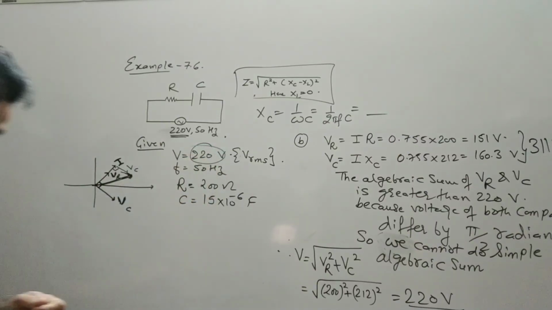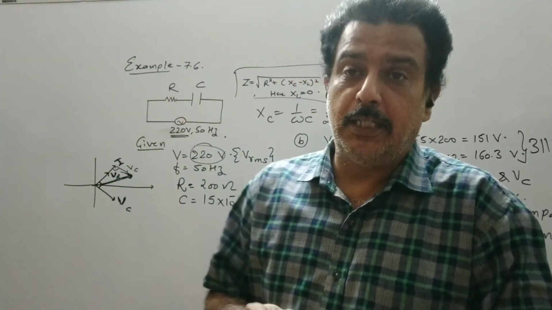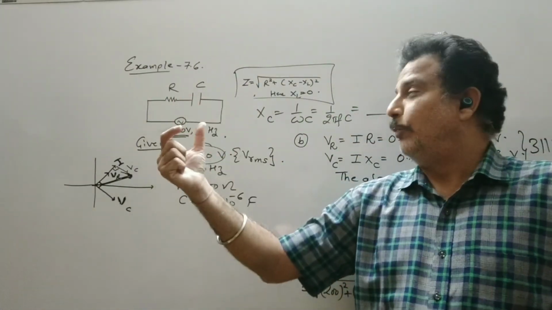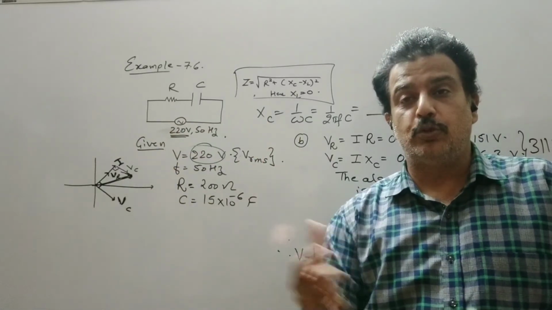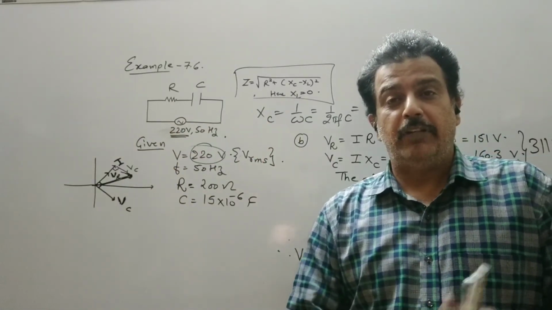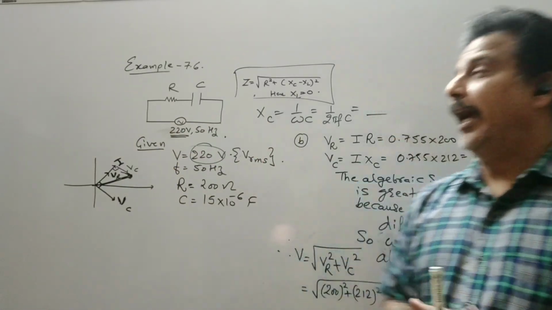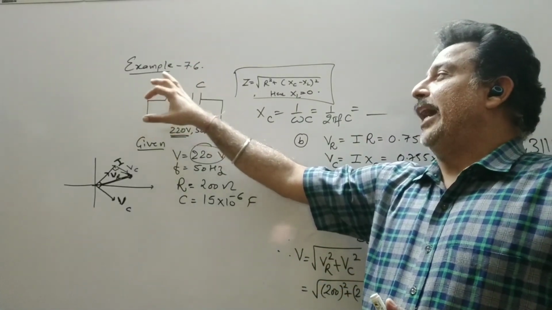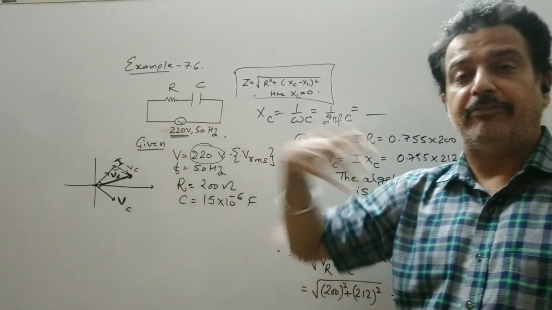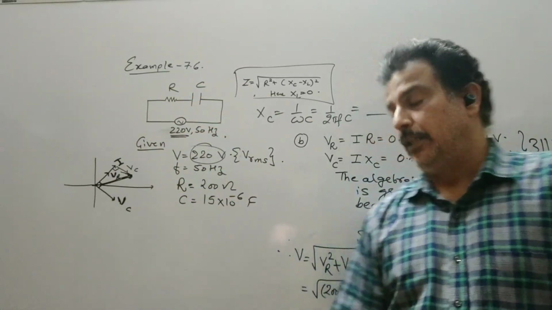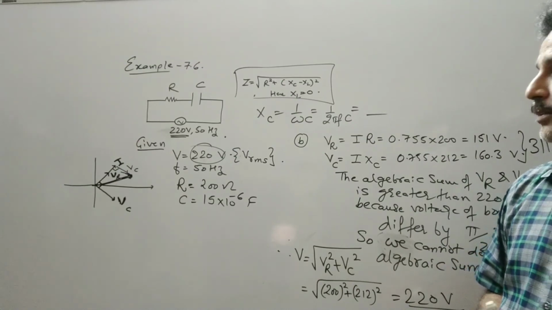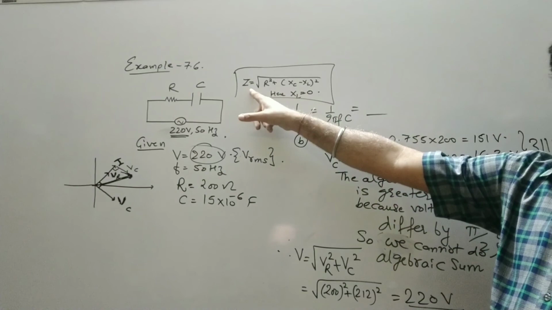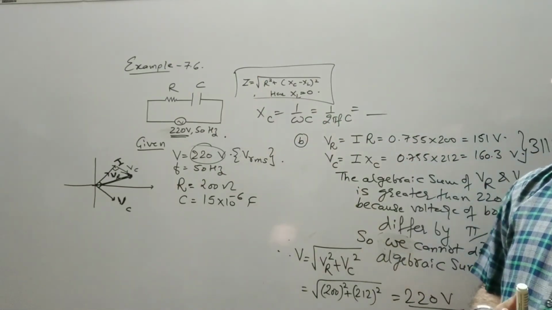So this is how the AC circuits work. In DC circuit, the sum of the voltage drops across the component is equal to the voltage of the source, but in the case of AC, we deal with the RMS value, and also the phase difference between the voltage across R and C differ by 90 degree. So you have to apply the Pythagoras theorem. Similarly, when we find a current, we use the impedance.